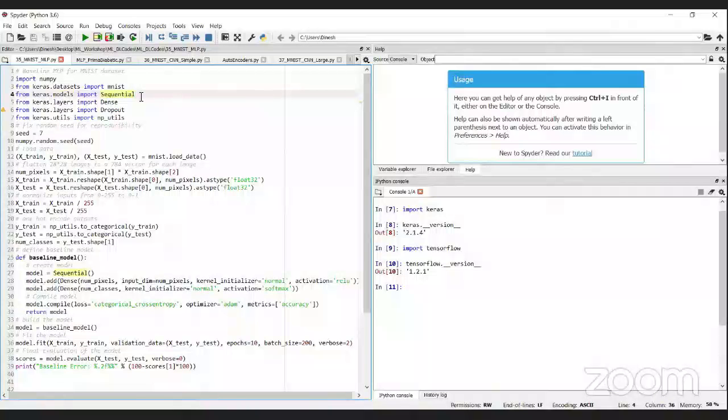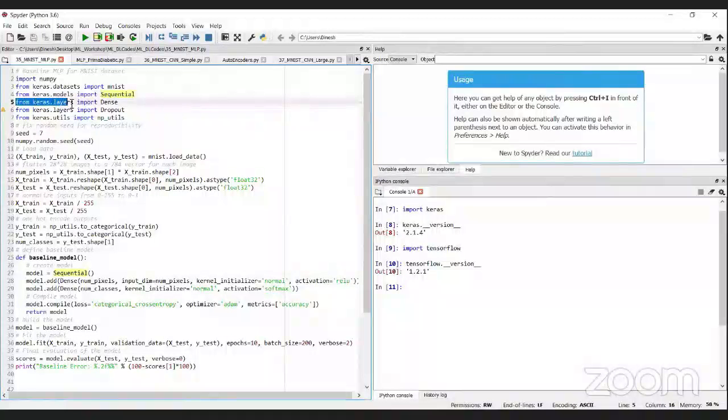When I say sequential, it's a feed forward network. I think all of you are familiar, right? In neural networks, there are more than two types actually. You have a feed forward network and a feedback network. Sequential is a feed forward network, where the information flows from the input side to the output side. So I'm trying to use the feed forward network.